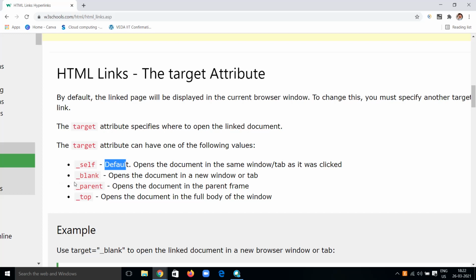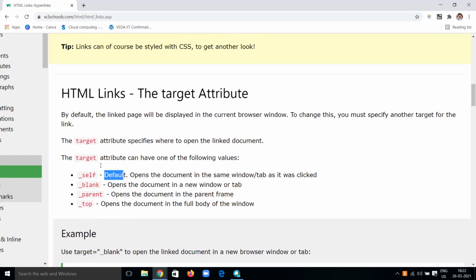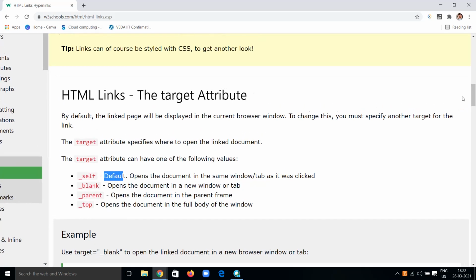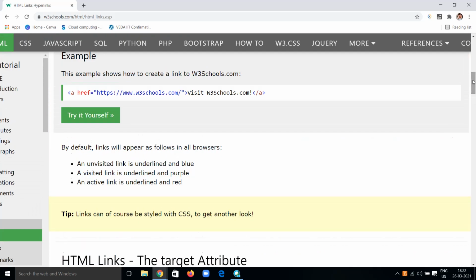If you have given underscore blank, then it opens the document in a new tab. Let's observe this. Here I have given a Try it Yourself link.